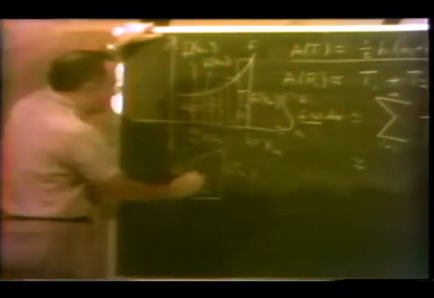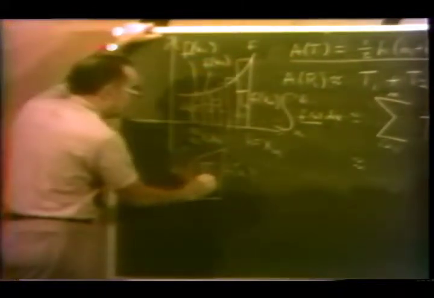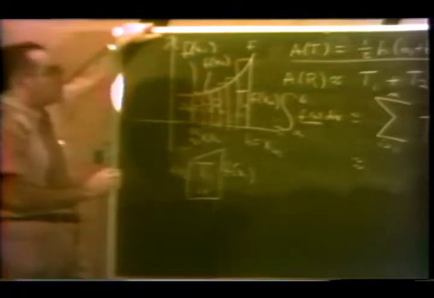No, that won't be H. H is the distance between these two parallel sides. So it's going to be delta X. See? So in this case, this is going to be our height. These are going to be the lengths of our parallel sides. So if I think of this as T1, then my first